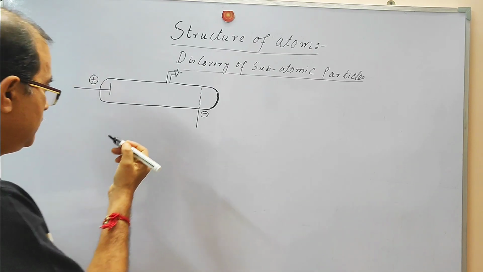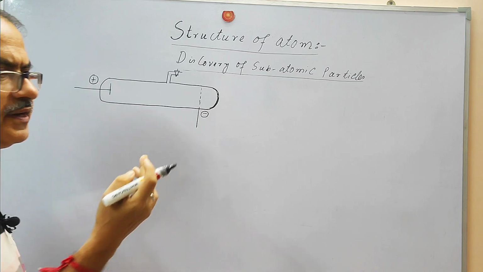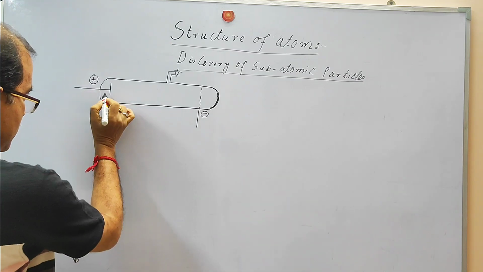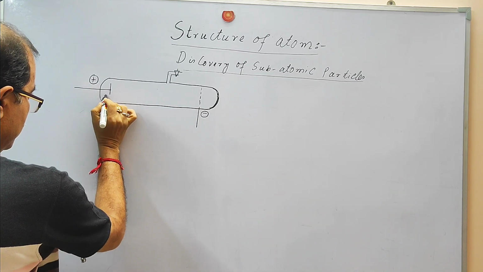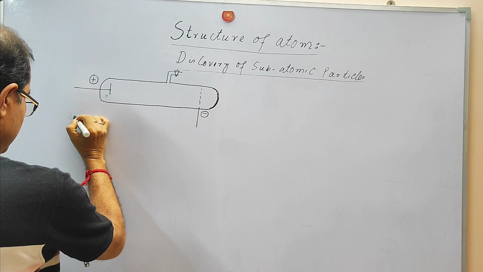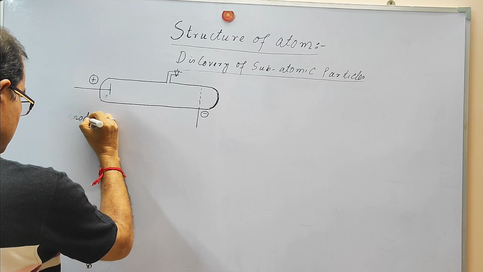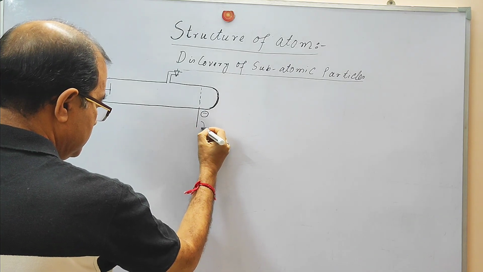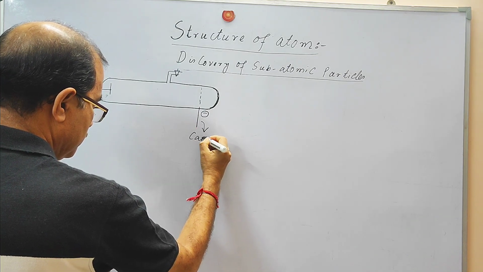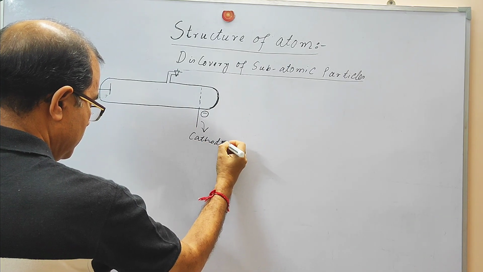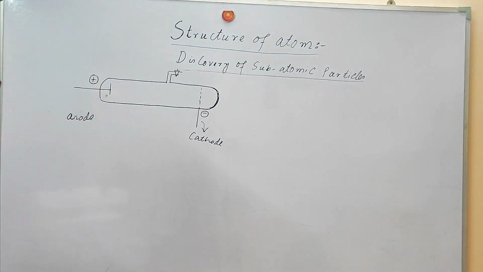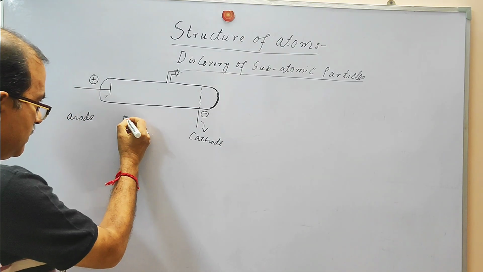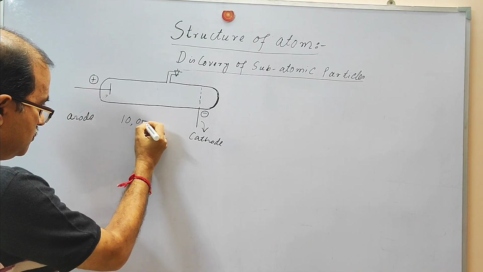You can observe here that the position of the cathode and anode has been changed. Here it is the anode. This is the anode, you can see. And here you can see this is the cathode, a perforated cathode. To understand if there is any ray when the voltage difference is 10,000 volt,